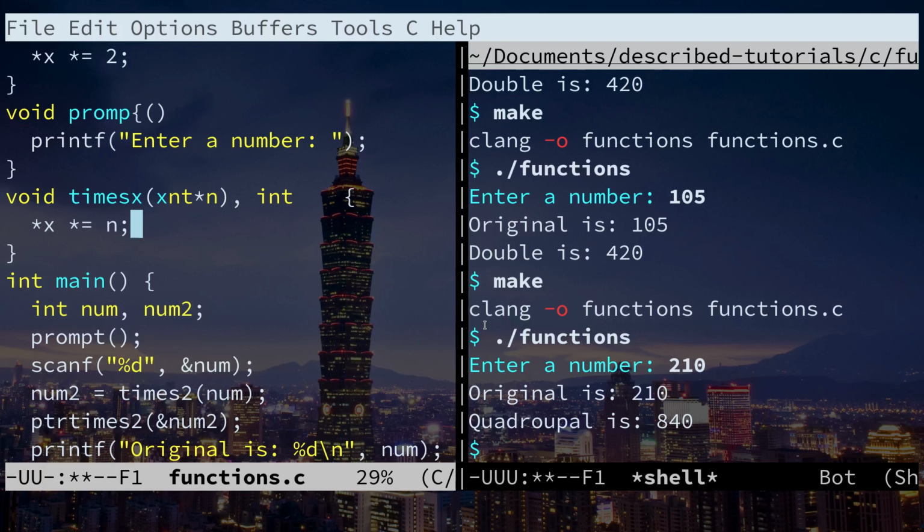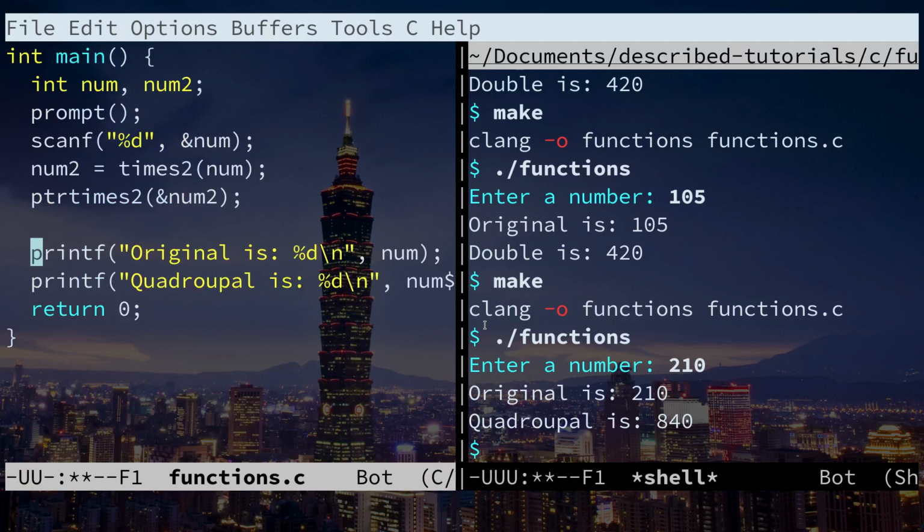So this is times x. Let's go forward and let's times by 10 somewhere else. In main: int num = prompt(); int num2 = times2(num); We're putting it right after ptr times 2: ptr_times2(&num2); and printf("Original is: %d\n", num);